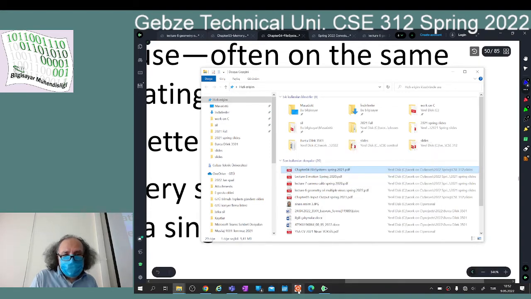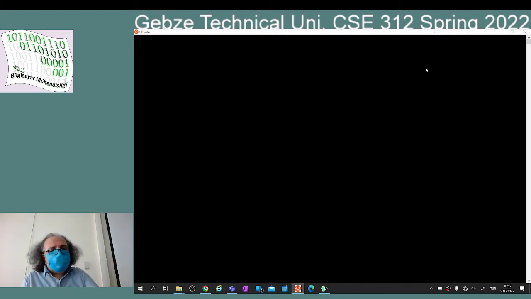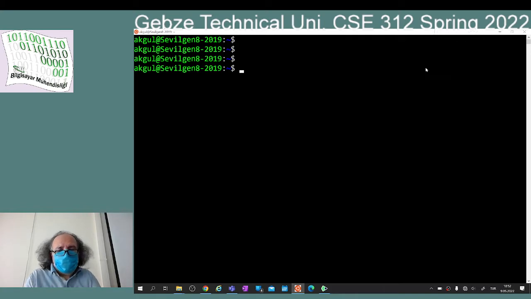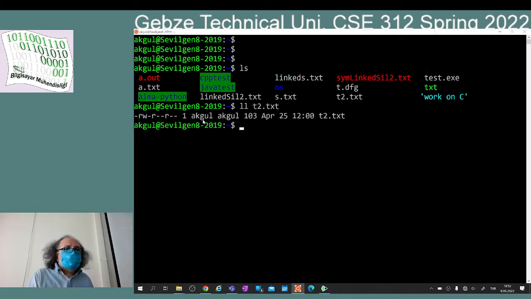Let me try to launch this one. So this is a very crude approximation of the Linux operating system, as you know. But since this is Linux, this one thinks that all these files are inode-based files. So when I say give me the properties of this one, it says these are the owners and these are the read-write permissions for the user and the group and the others and the last access time, etc. Right? So this interface thinks